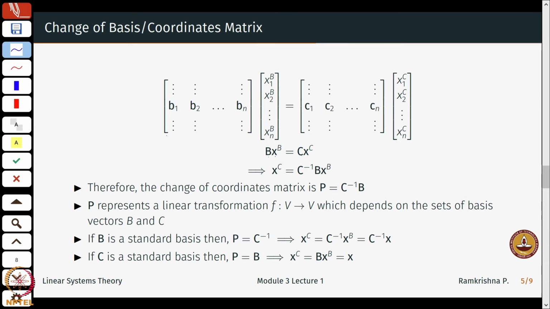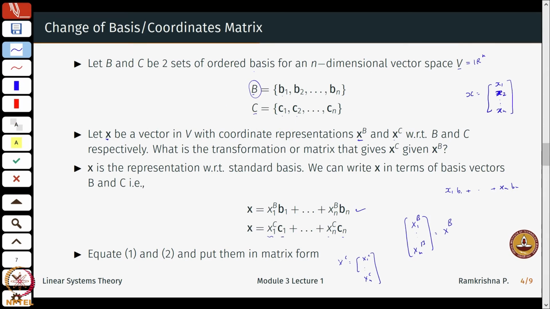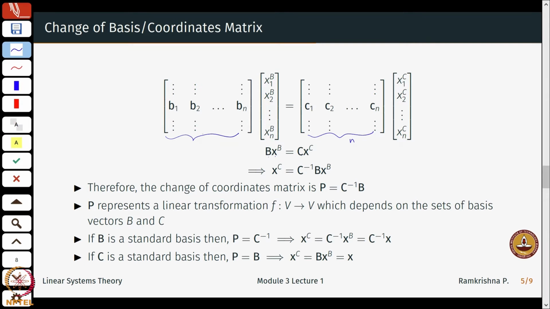Okay, now look at this matrix, it has n independent columns. Similarly with this matrix, it also has n independent columns, because b1 till bn are linearly independent. Why are they linearly independent? That comes from the definition of the basis. So, now once these matrices are full rank, the rank of this will be n, the rank of this will also be n.